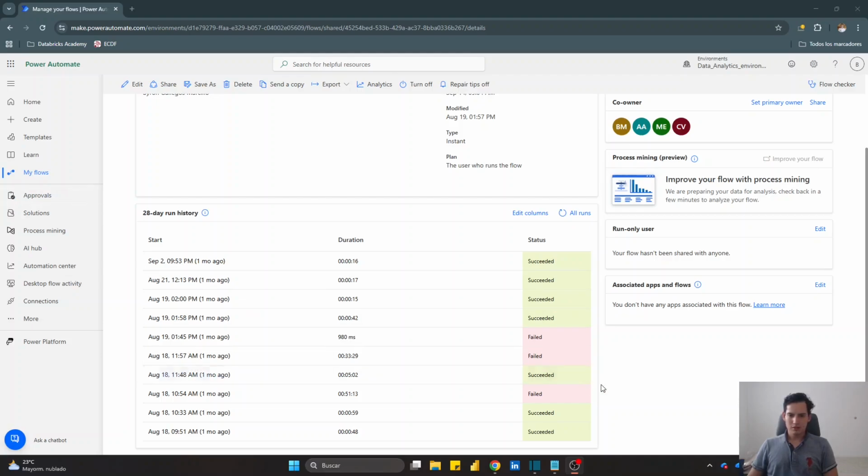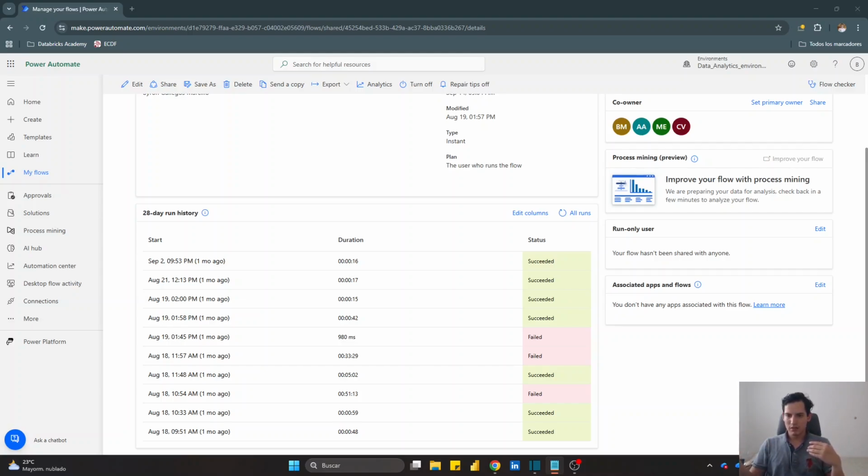Sorry, I forgot to say a few things. So first, don't forget to change the name of your flow. Then don't forget to save and apply. Don't forget to test it and see if it works for you. And finally, one important thing that you should know is that if you want a user to be able to run the flow